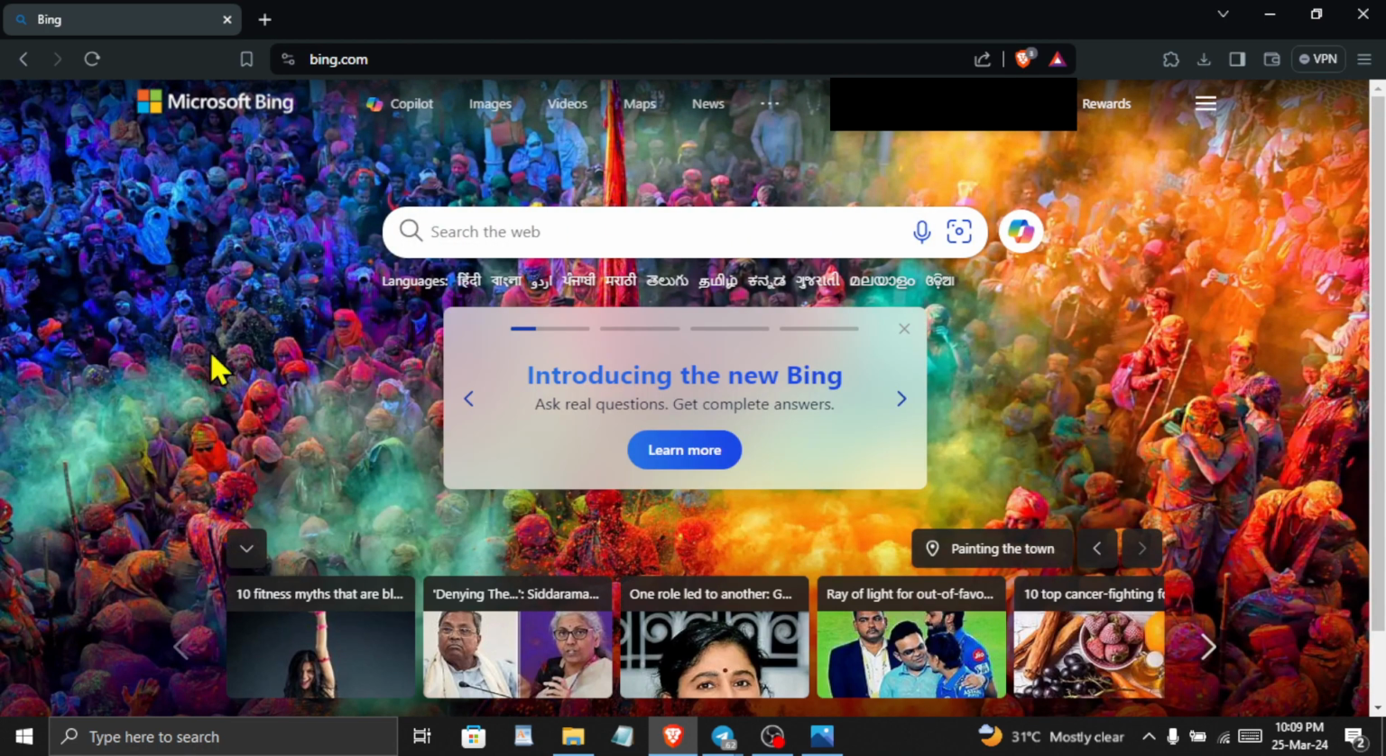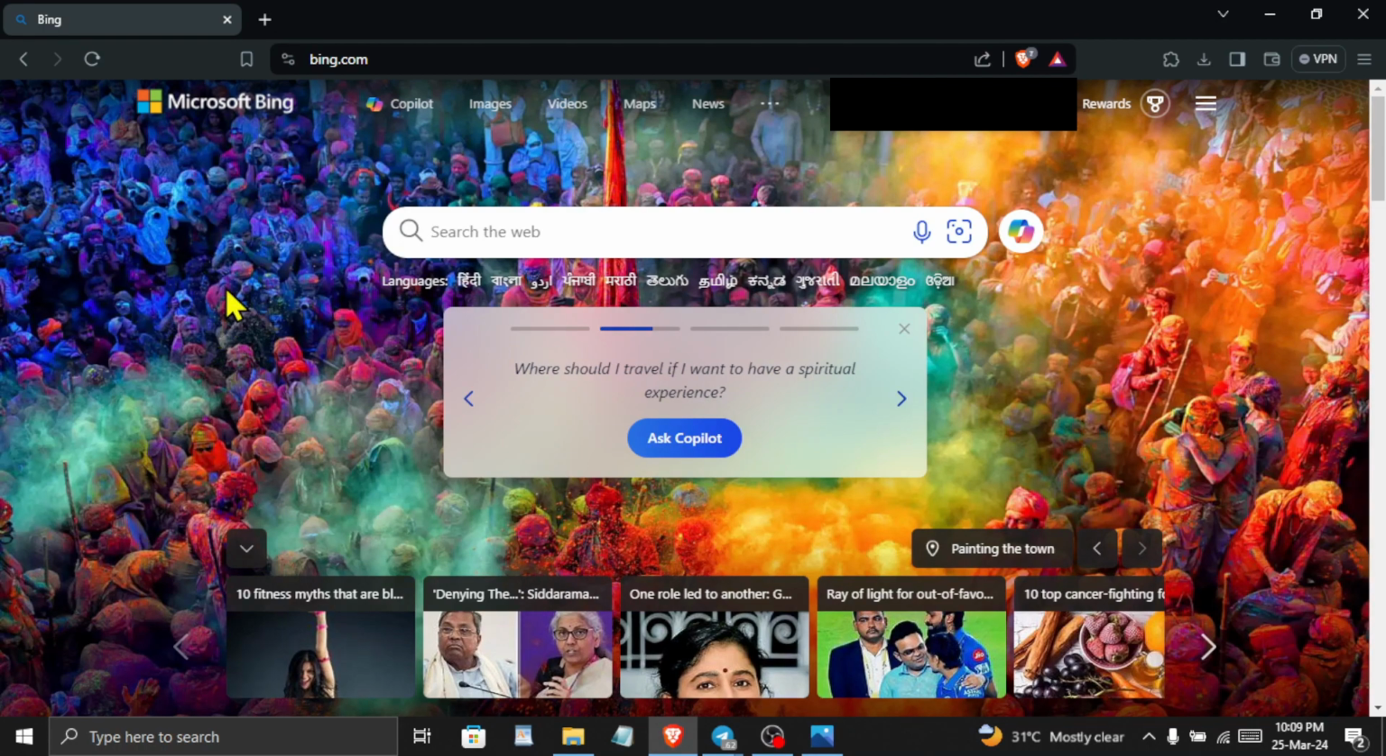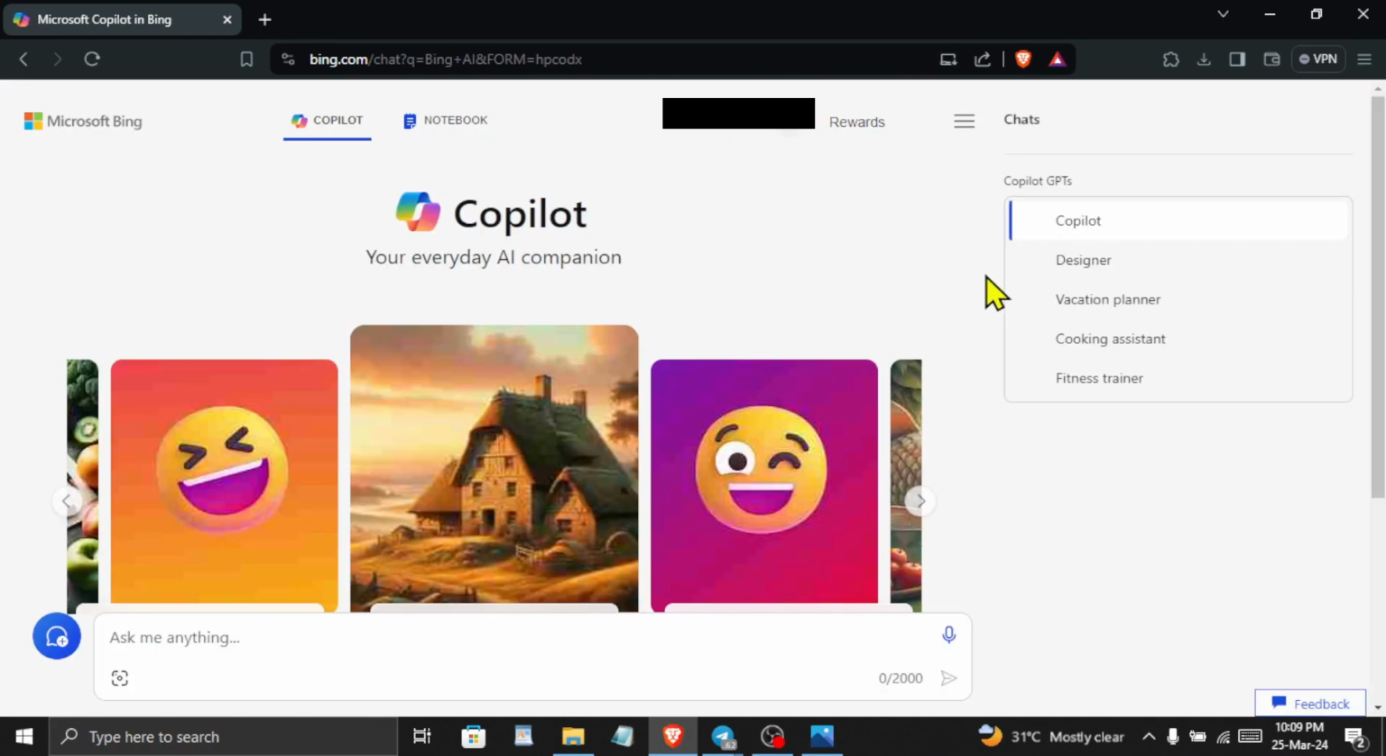You will see a page like this. If you have never used Bing before, you will need to sign up on this page. I already have signed in before, so I can continue further. Click on this colorful icon over here and it will take you to the page where you can give prompts